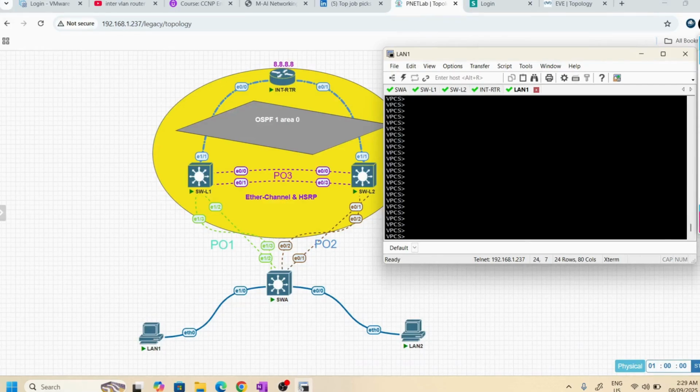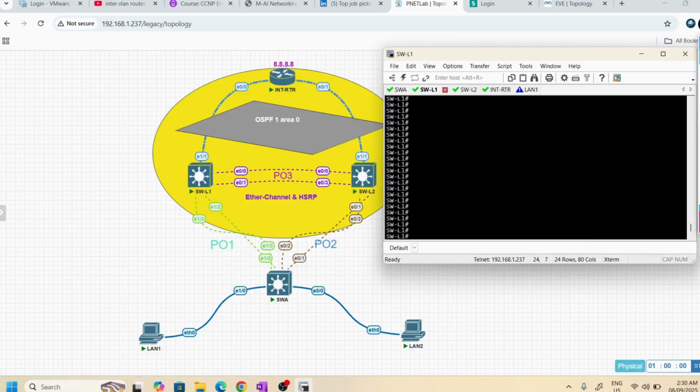All right, so let's test the connectivity. I'm going to ping from this VPC LAN 1 to the internet router, 8.8.8.8. Okay, it's pingable.